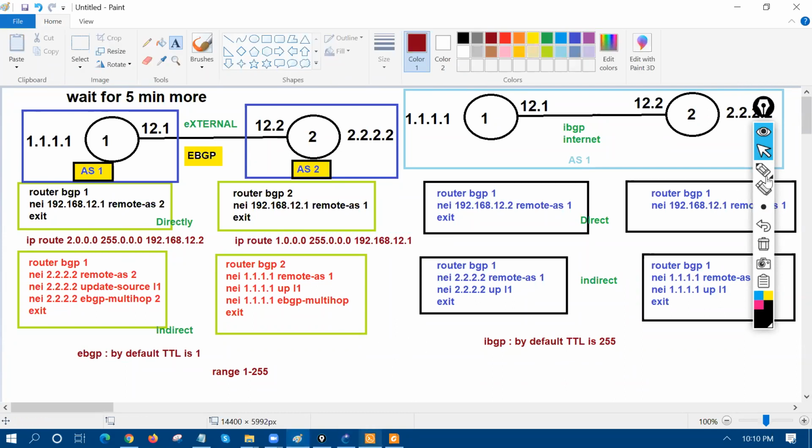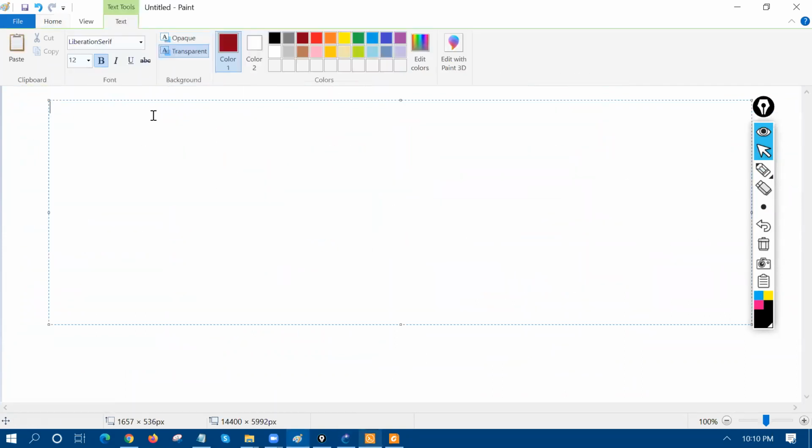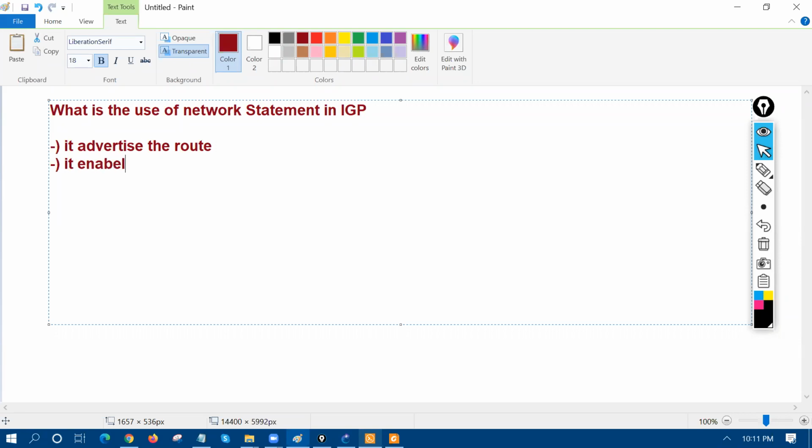Now, if you remember the network statement, right? In an IGP protocol, it advertises the route, it enables the interface, right? It joins the multicast group. And if you are running EIGRP, then it puts the route